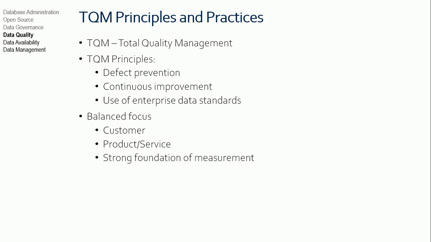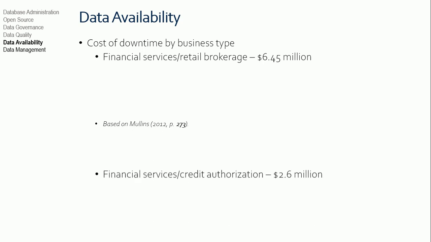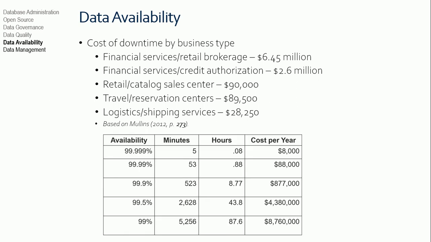There are always these trade-offs, right? And we have to be cognizant of those. As far as data availability, downtime costs a lot, right? We talked about this a little bit in the previous unit when I talked about security as well. But your book gives us some examples of how much downtime costs. I think this is per hour of downtime, or maybe it's per day. It might be per hour, I think, in these different types of business. The data is kind of old. It's from 2012. I imagine it's much more significant now, right?